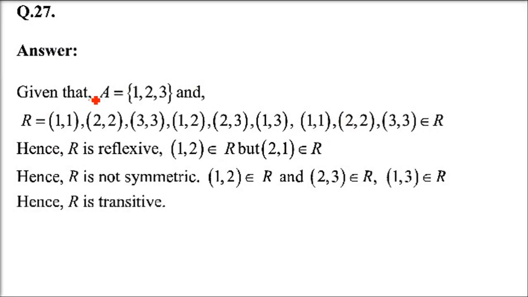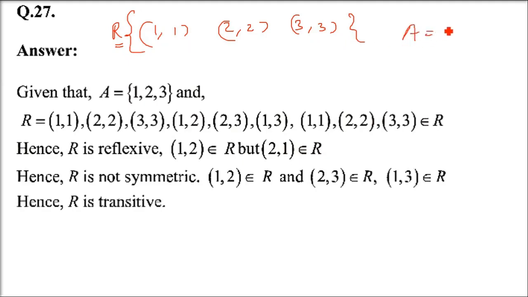Okay. Question number 27. The relation R is {(1,1), (2,2), (3,3)}. This is a relation on the set {1, 2, 3}. Now if only (1,1), (2,2), (3,3) are in the relation, then it's clear that this seems to be somewhat an identity relation. The identity relation. 27, the question we have already seen. The answer is this is an equivalence relation. How is this an equivalence relation? Reflexive: every element is related to itself. 1 1 is there, 2 2 and 3 3 are there.